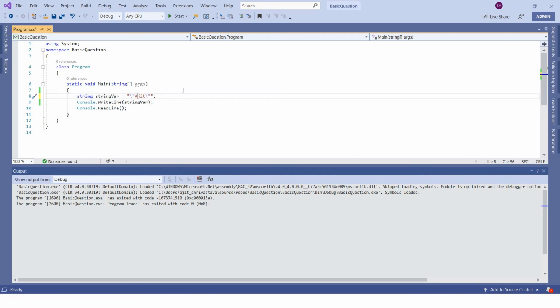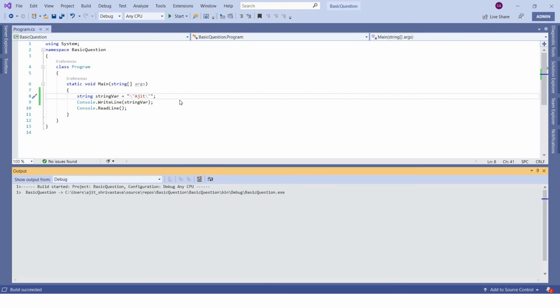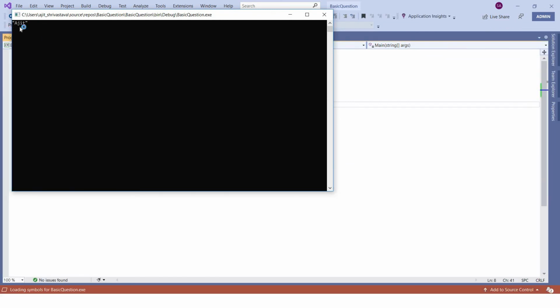So we are instructing the C# compiler that this double quote we want to be part of our string, so please escape it. Don't treat this as a separate string. This is the way you can basically add a double quote in a string. So if you try to run this, you should be able to see Ajit in double quotes. So here you can see Ajit is getting printed in double quotes, right?